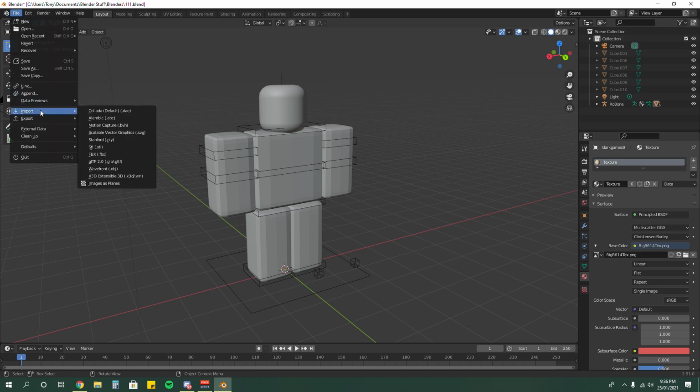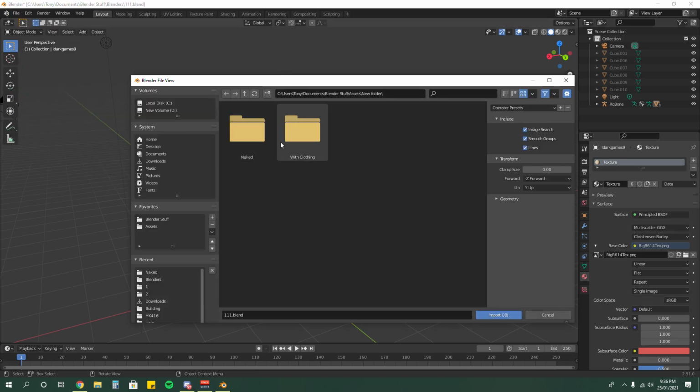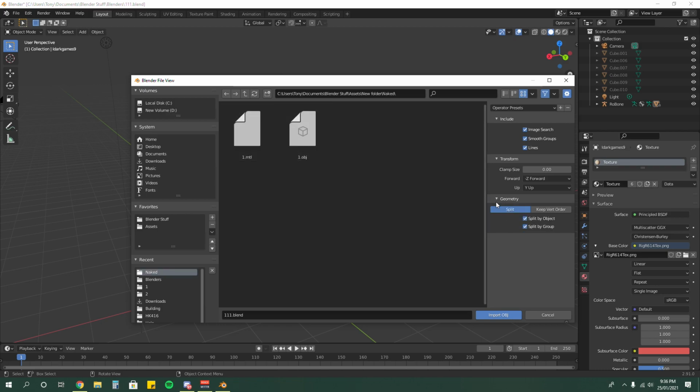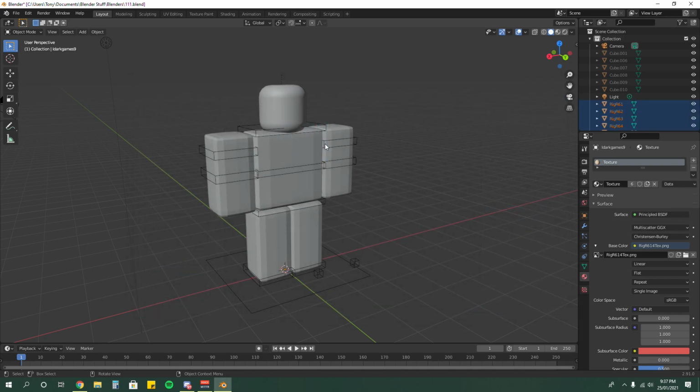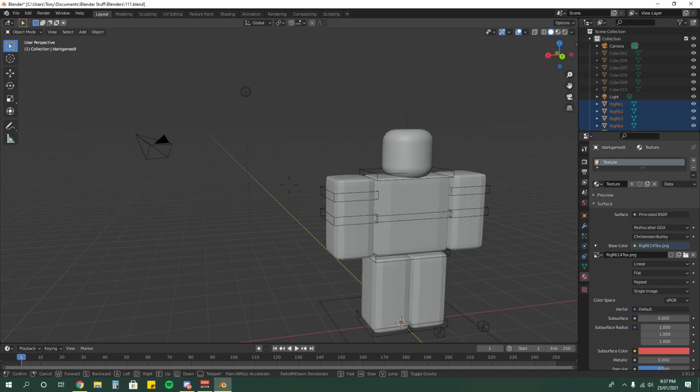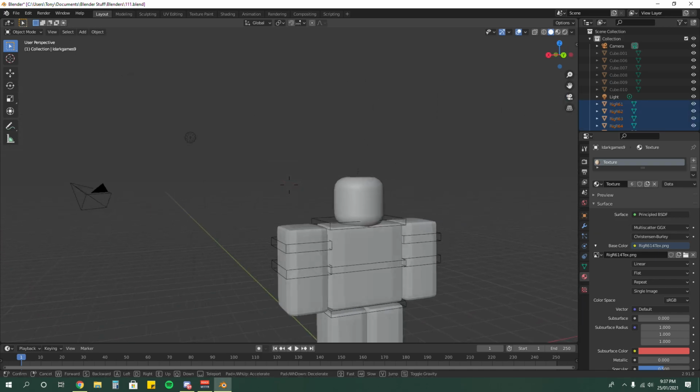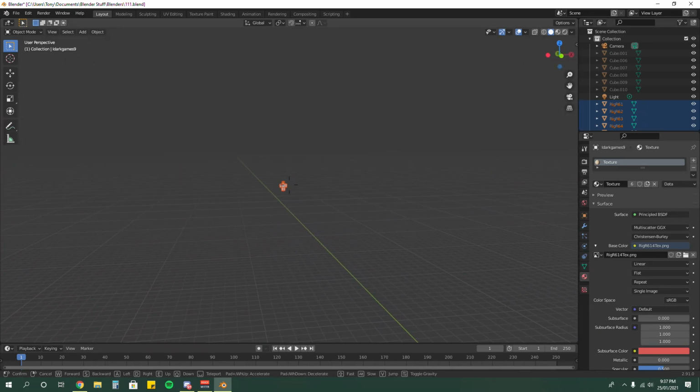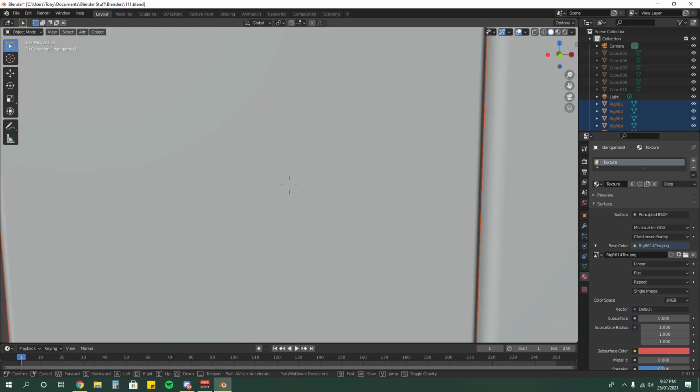Alright, so we're gonna import another character, an object. You can choose either of 2 ways. I want to go naked again, and you want to get the object. Make sure you split it by group. So in geometry, you want to open it and make sure it's ticked split by group. Okay, so you want to press shift apostrophe, move your camera freely. Once you find it, you want to press space, teleport, boom.